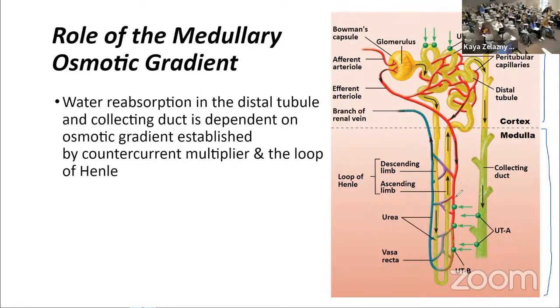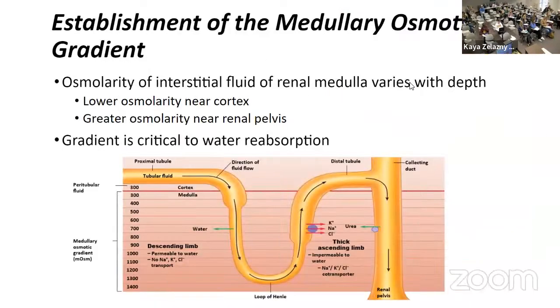Okay, so we're going to set that up with the loop of Henle, and then we're going to use it as we pass back through it. Okay. So when we talk about how we set this up and use it, we think about something called the countercurrent multiplier, and the structure, the loop of Henle. Okay, so that's where we'll start off next time. We're going to talk about establishing the medullary osmotic gradient and how it